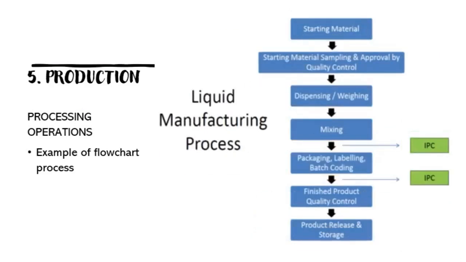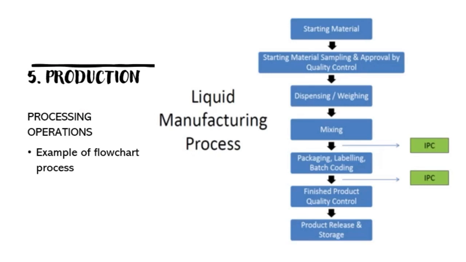And now this is a typical process for liquid manufacturing. It is similar in the first and the last part, which is starting material sampling and approval by quality control, dispensing, weighing, mixing, and then finally it is finished with the FPQC,